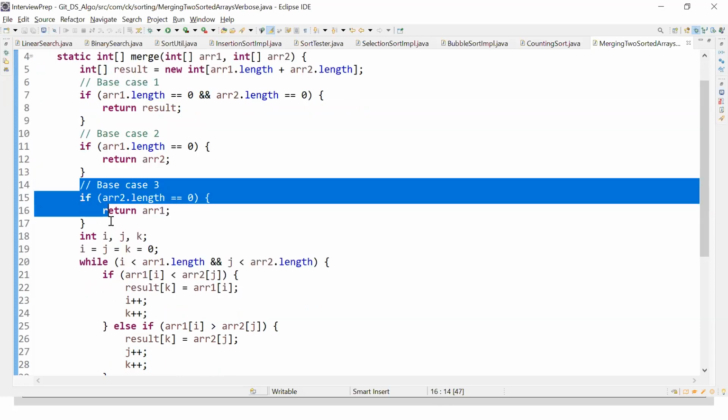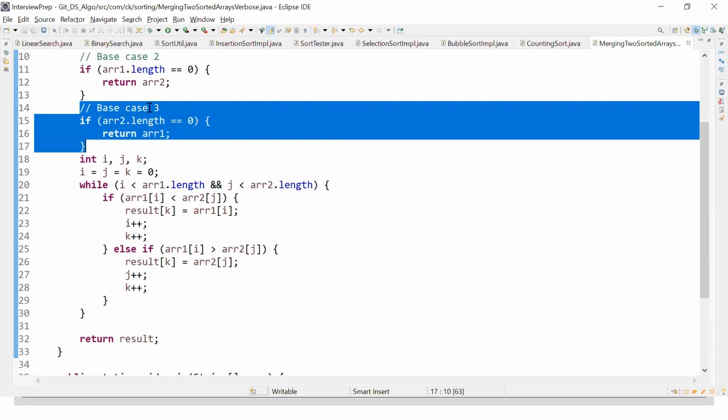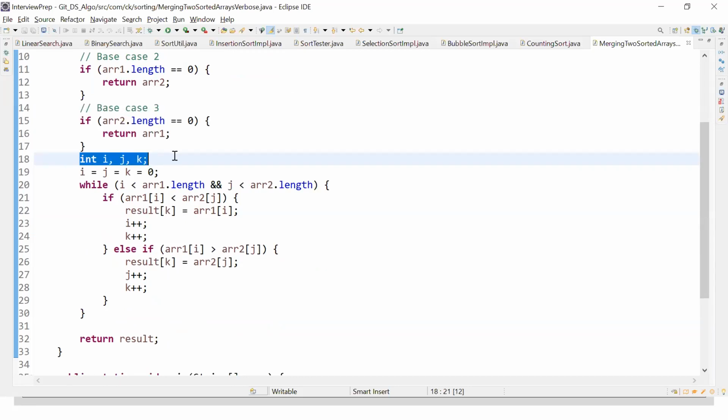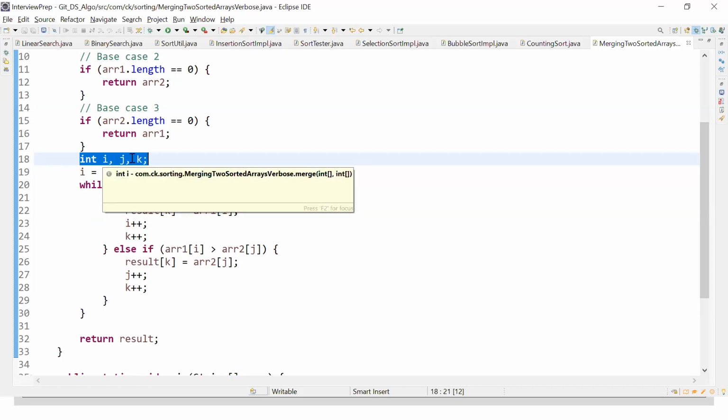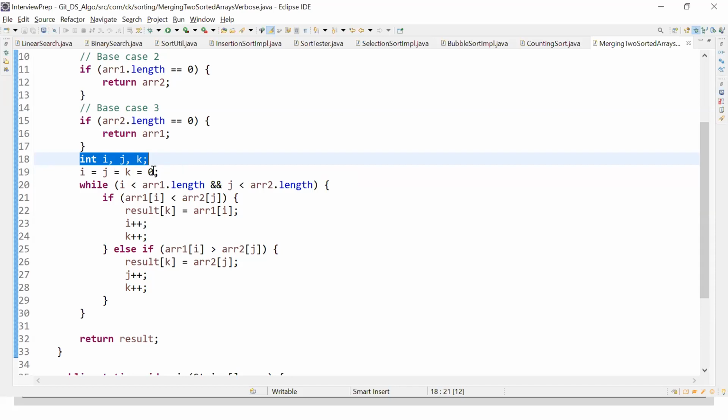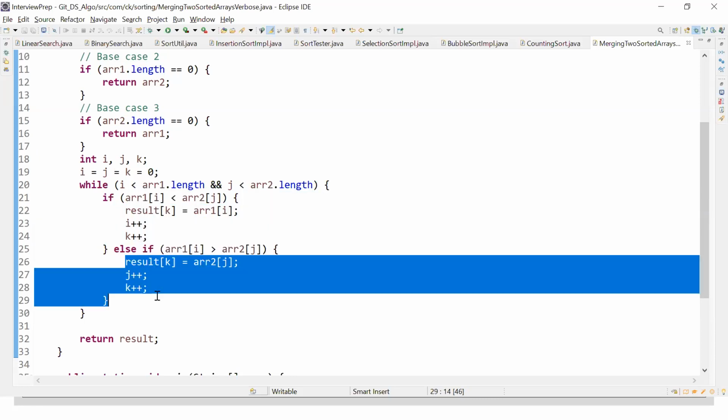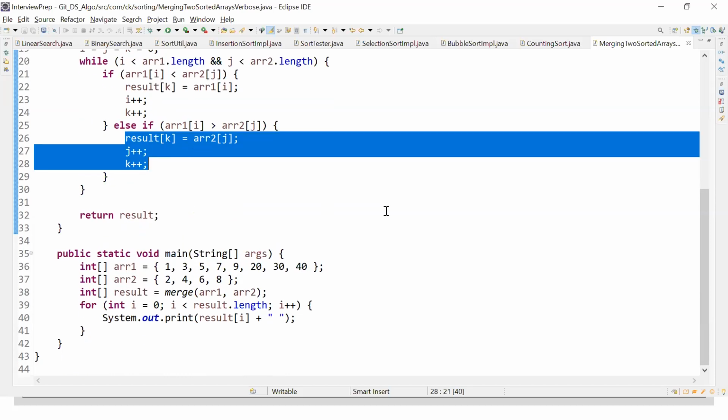The same thing that I've written over here. I've taken 3 indices I, J, and K. I corresponds to array 1, J corresponds to array 2, and K corresponds to array 3. And finally, I have this while loop, and inside the while loop, I have my if and else conditions. This is my if condition, this is my else condition. Same thing that I tried to do over here.